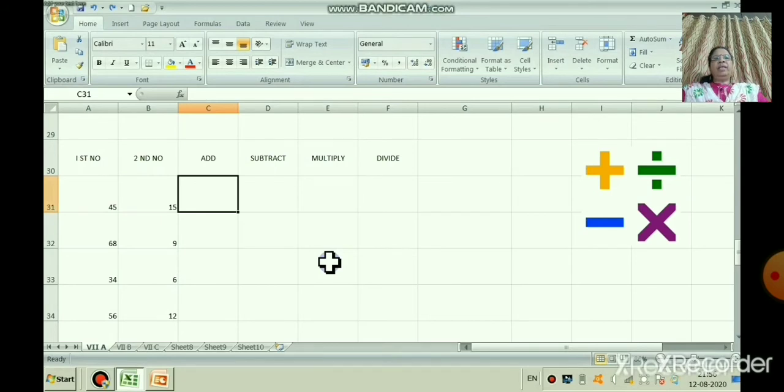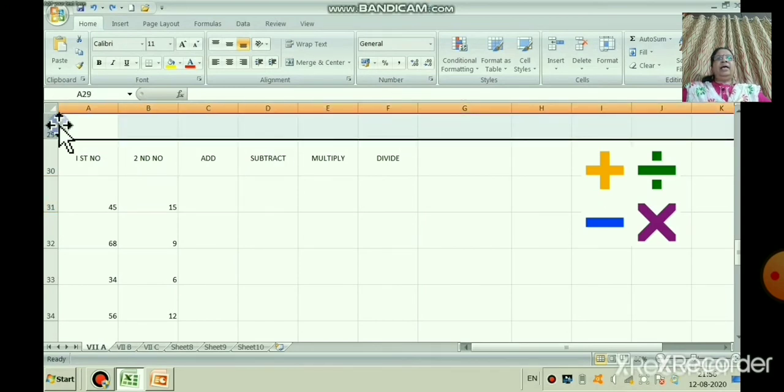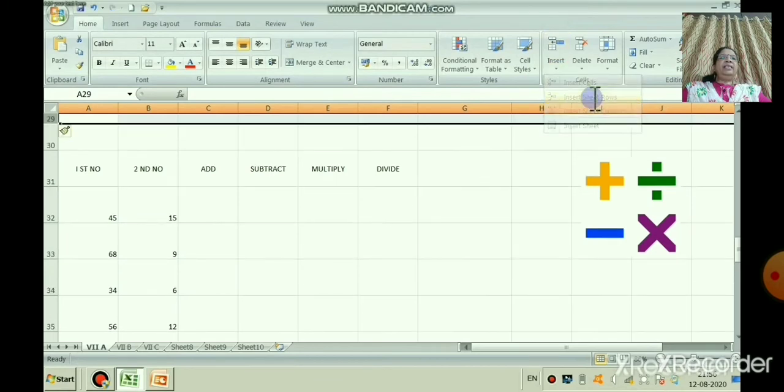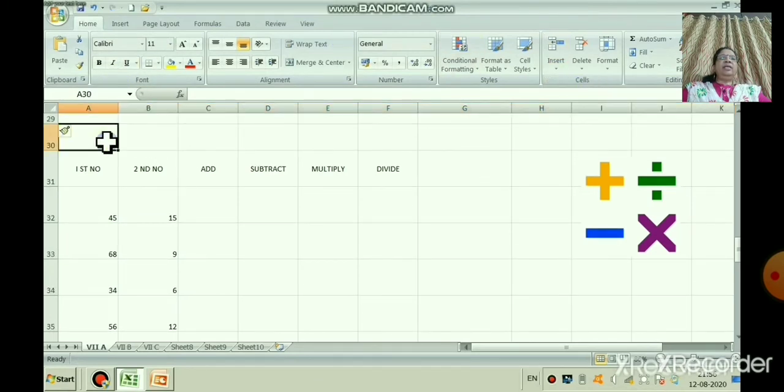Before that, I will insert one row, because I want to add a heading. I have not written the heading, right. So, one row is here. To insert a row, just click and go back to the Home tab. Can you see here insert cell and insert row? In the Cells group I have inserted one row,